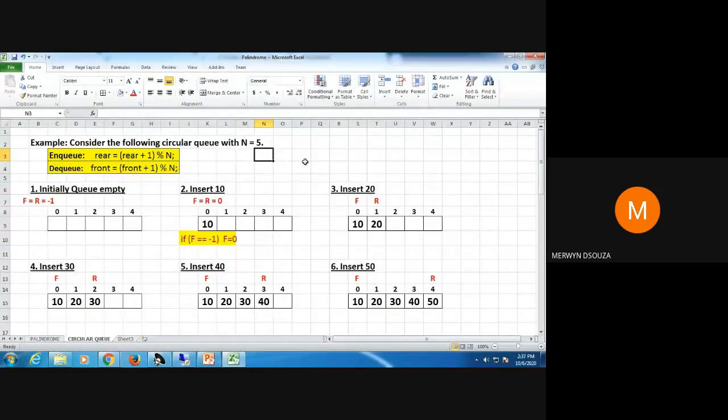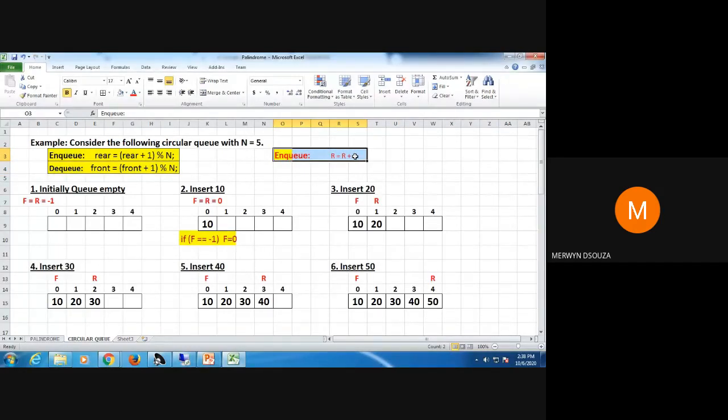In a normal queue, if you were doing the NQ operation, you would have incremented rear like this: rear equal to rear plus 1. This is what you would have done in your linear queue.